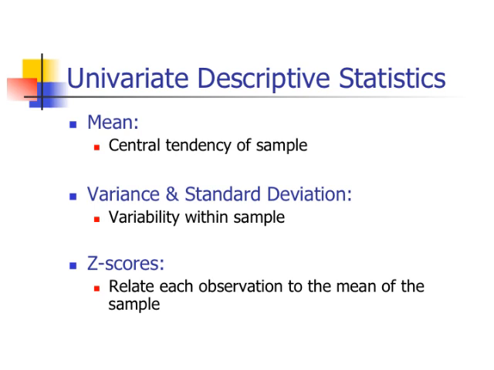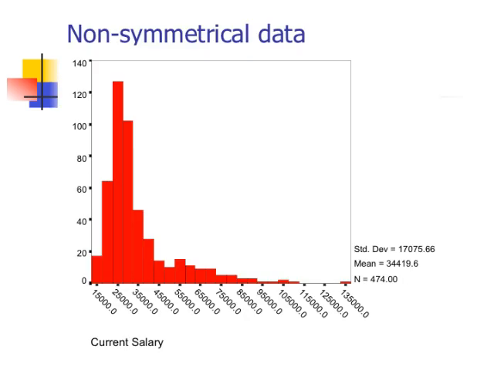Okay, well, let's go into some detail about what these mean. Descriptive statistics. Okay, well, let's look at some distributions to see what the means and standard deviations might be. Here we see a skewed distribution. This is from a data set that's available for the course on salary data for a certain company. Here we see a non-symmetrical distribution. You can see it sort of piled up there on the left, and it trails off toward the right. Well, since it's trailing off toward the positive end of the numbers on the bottom, this is a positive skew